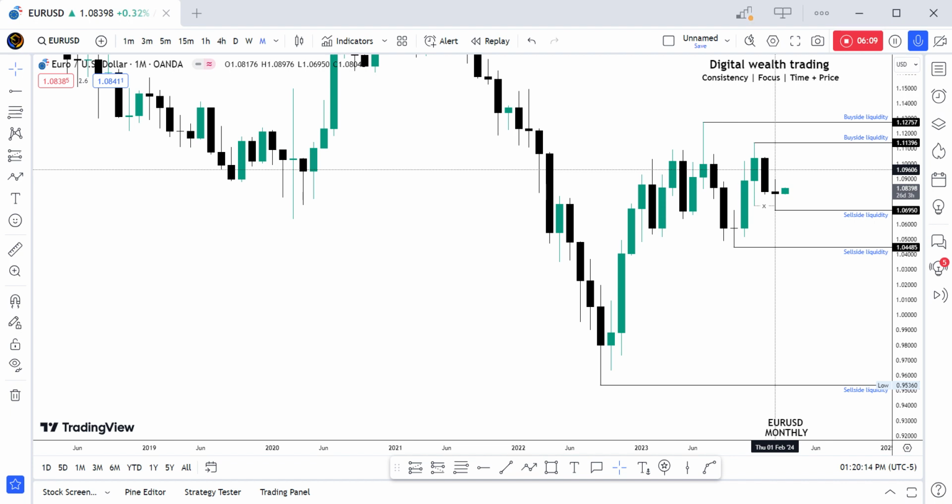Now, if euro finds its way higher and above the February 2024 high, I will be very conditioned to see if that would be a liquidity run or a Judas swing, or a price higher above the December 2023 candle high. What I'm calling out is that if we price above this particular high, because we open close to that high, is that high going to be a liquidity run, a Judas swing, or a real time price high that is going to lead us above this buy side liquidity?